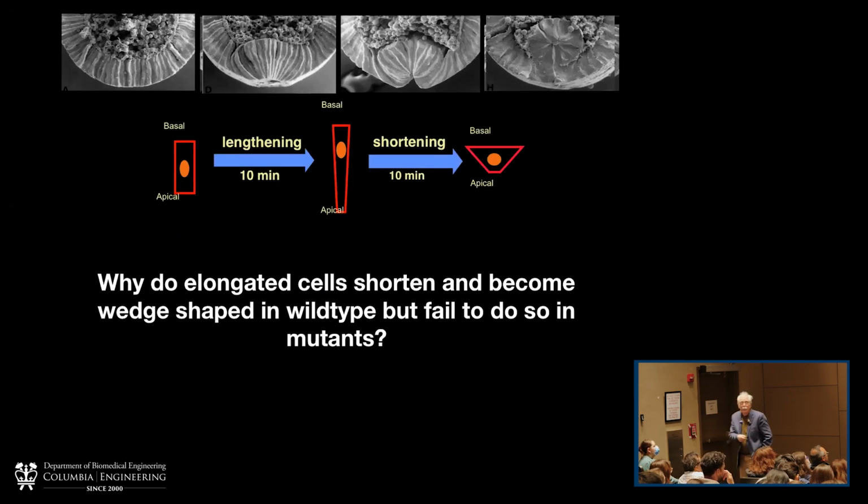So if we go back and look at the process, there were two stages, the way I described it. There's this initial elongation, and then there's this shortening phase. The shortening phase was interesting and confusing because, unlike the first phase, where we could see myosin accumulating and we had candidate molecules,